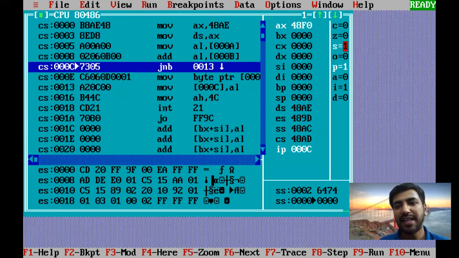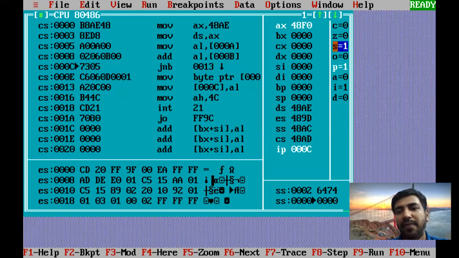But yes, the sign flag is generated, and there is a parity flag. Now the sign flag is generated, but don't think that it is a negative number. Why? Because this number is greater than 127. When you add 70 and 80, that's why the S flag has become 1, because the MSB has become 1.